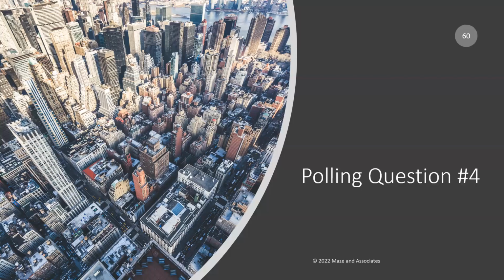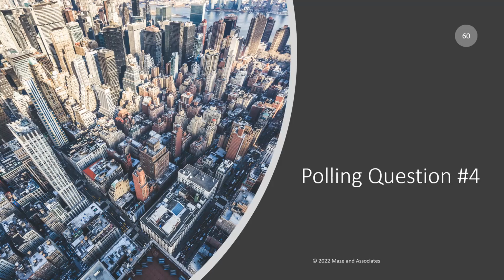Polling question number 4. Right, I will release. We have 4 minutes. Which type of agency do you work for? We were just curious. All right. Great, so we got a good mix here. And welcome, everyone. Thank you for making it through these classes. All right, I'll end it. Share results. City is most common, 65%, and then special district with 22%, and then other and county.